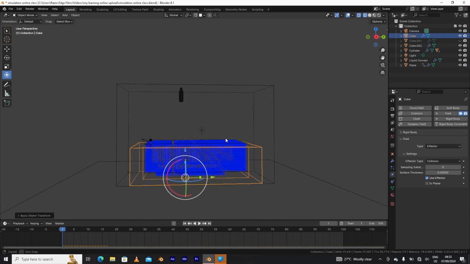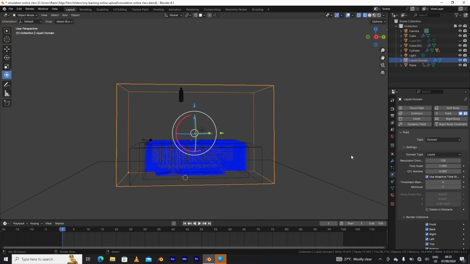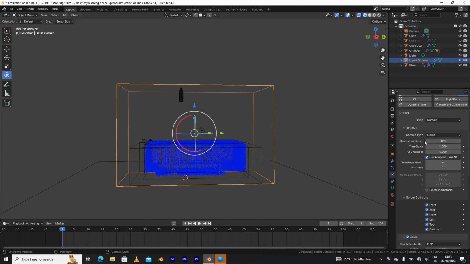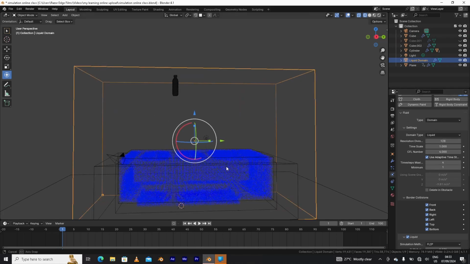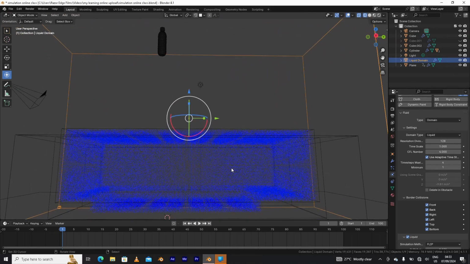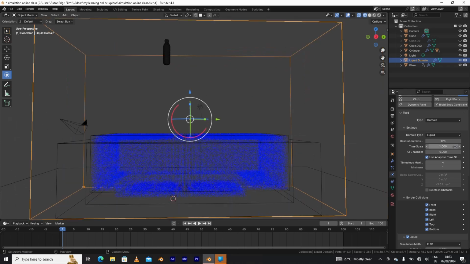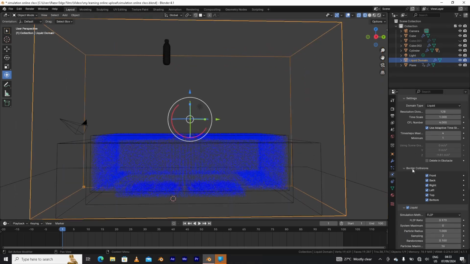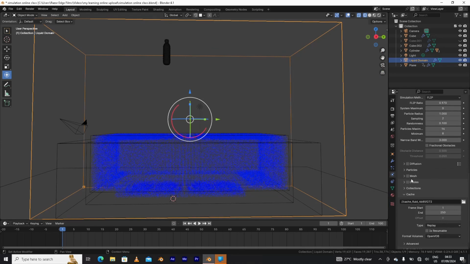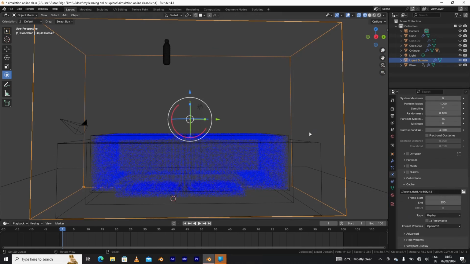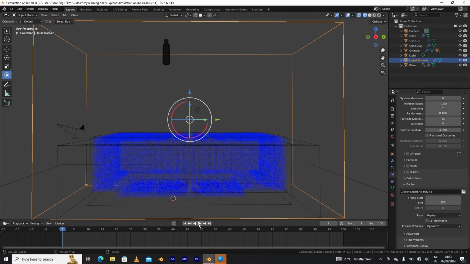While clicking on this, the settings you need for your fluid simulation are in your domain. So you change the division to 128. You can see it's simulating more particles. Fluid simulations are actually particles, so it makes it higher resolution. And now when we play this, it's going to